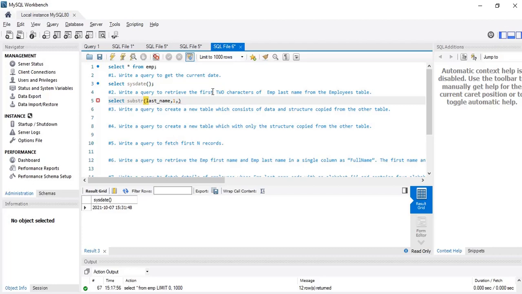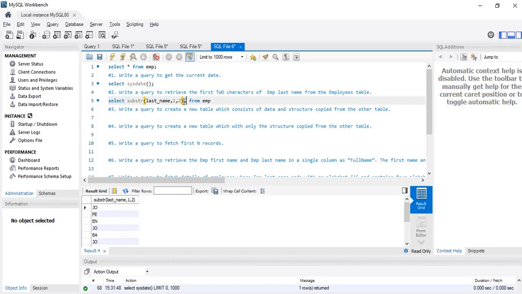The third parameter is going to be the length of the output. So I want to retrieve the first two characters. So the length will be 2 from EMP. So as you can see, it is printing the first two characters from last name.